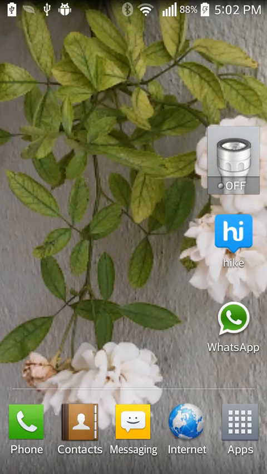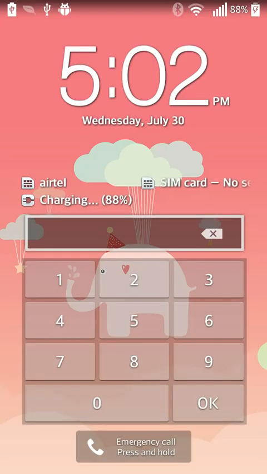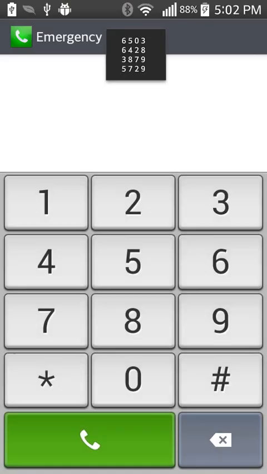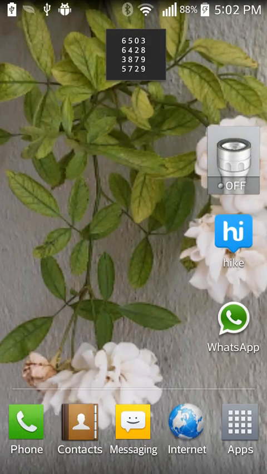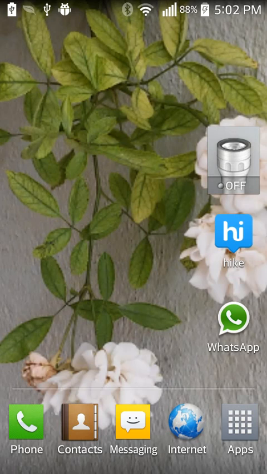Now let me test it by locking the screen using the power button. Now when I unlock it, let me see the matrix. Here A is 6 and B is 5. A plus B is 11. Let me add 2 zeros to get a 4-digit pin and then 11. Okay. Yeah. Now every time you get a unique pin,